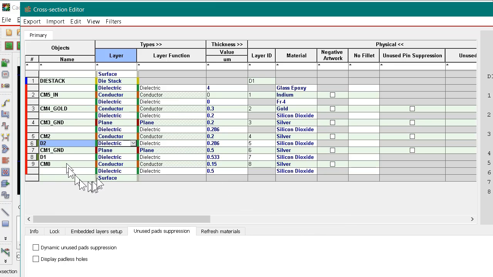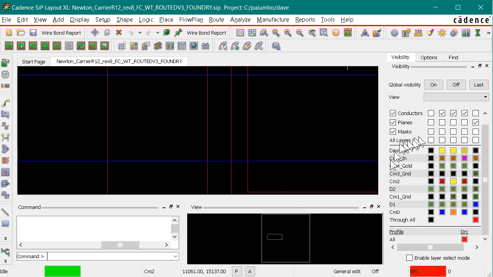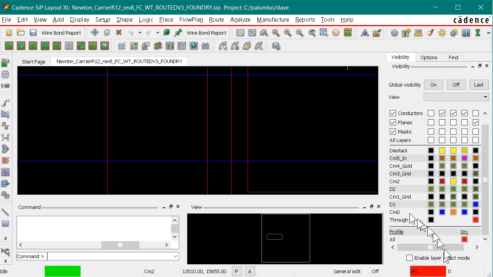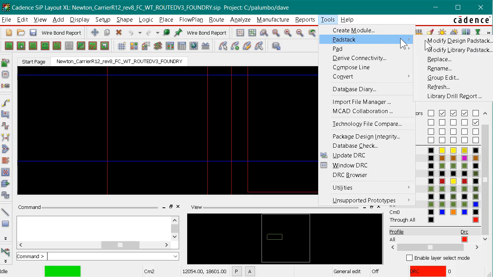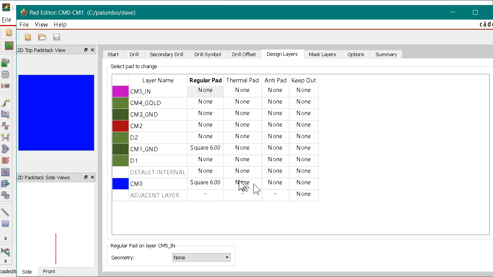And now that we've named those dielectric layers in our cross-section form, when we close the cross-section form, we see that first of all, our visibility folder tab now includes our D1 and our D2 dielectric layers. What that will also do is now when we go and edit that pad stack, we'll see that it also includes the D1 and the D2 dielectric layers. So we'll go back to Tools, Pad Stack, and modify our design pad stack. The pad stack we'd like to modify is the one that we were calling CM0 to CM1. So we'll select CM0 to CM1, we'll edit it,